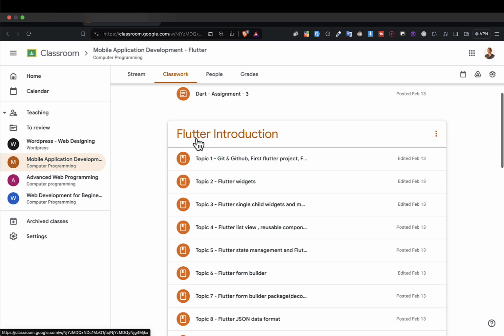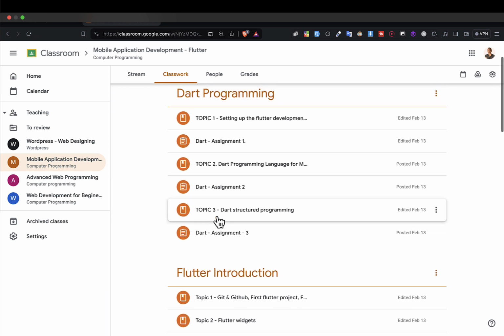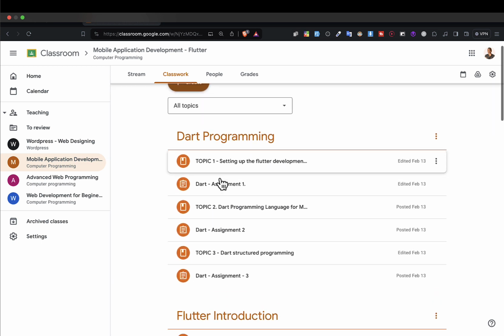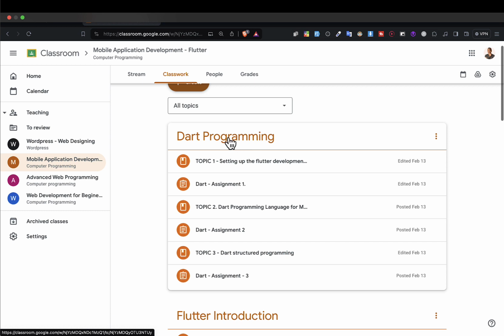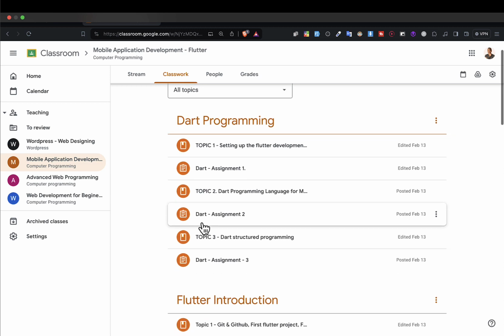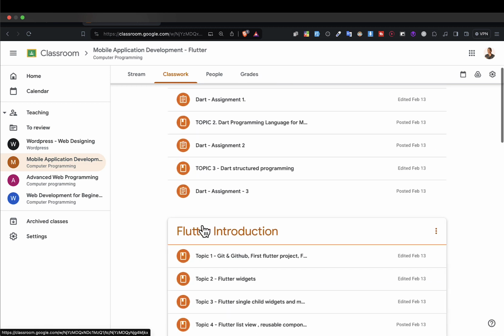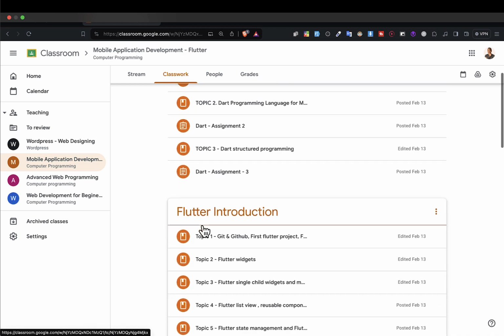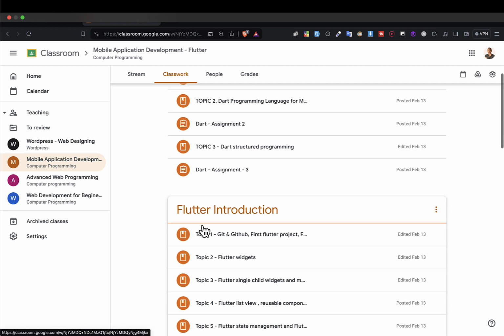For example, this is a mobile application development course. I've designed it into 4 sections. The first one is programming, where we're introducing you to programming. And you see there is an assignment after every video. So after every video, you'll have to add an assignment. It can be tiresome and demoralizing, but that is the only way I can confirm that you really watched the video and practiced. It's the only hard way that forces you to watch the video and practice.